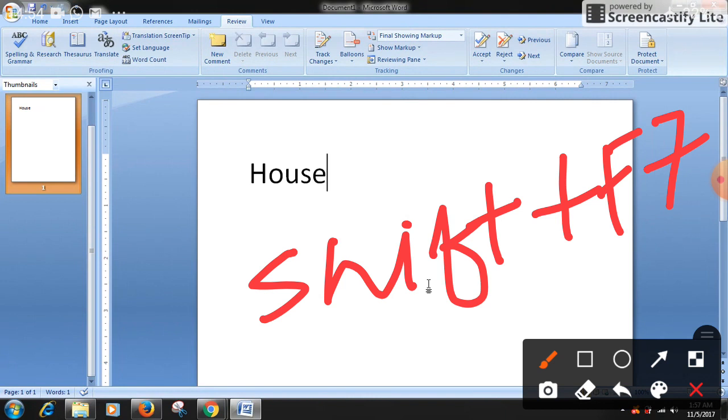We can activate it with Shift plus F7, like the spelling and grammar checking. This way we can activate this option automatically. We don't have to go through tabs or menus or options. The screen will appear automatically by pressing Shift plus F7.